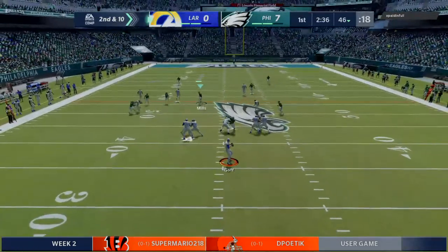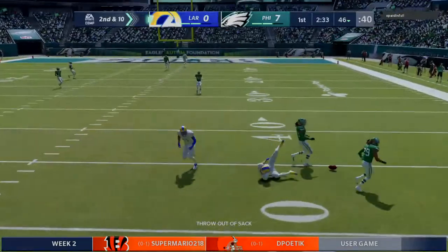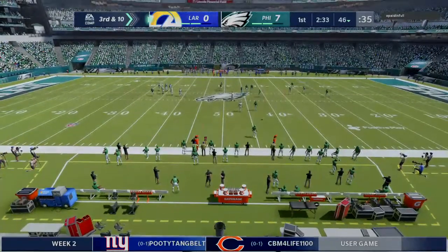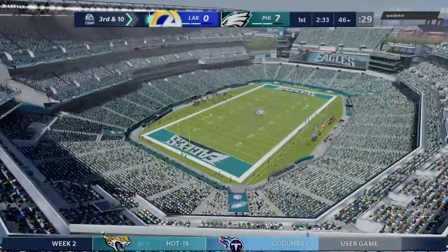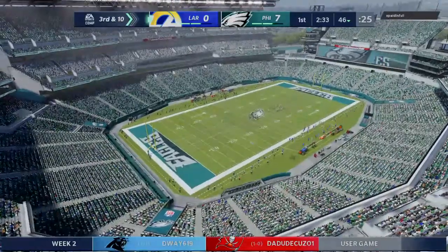On 2nd and 10, Goff. And that is incomplete. A lot of force bearing down on him there. He could not hang on. It's 3rd down. Well, the great coach has said football is really a simple game. Rush theirs, protect yours. And he's talking about those guys throwing the football. In this situation, the rush one, hitting the quarterback and forcing him